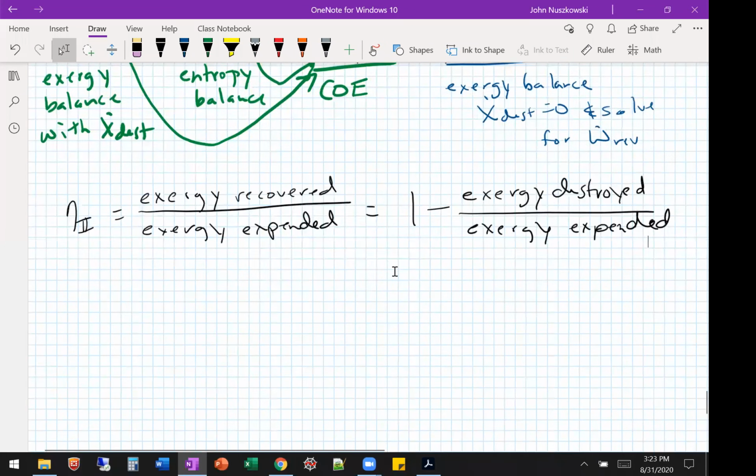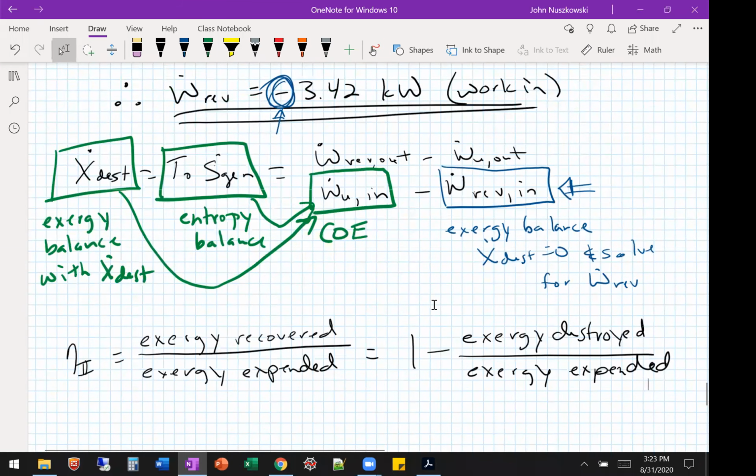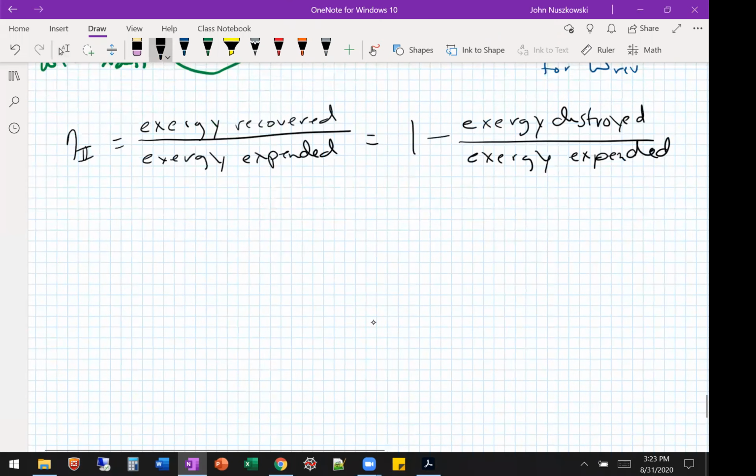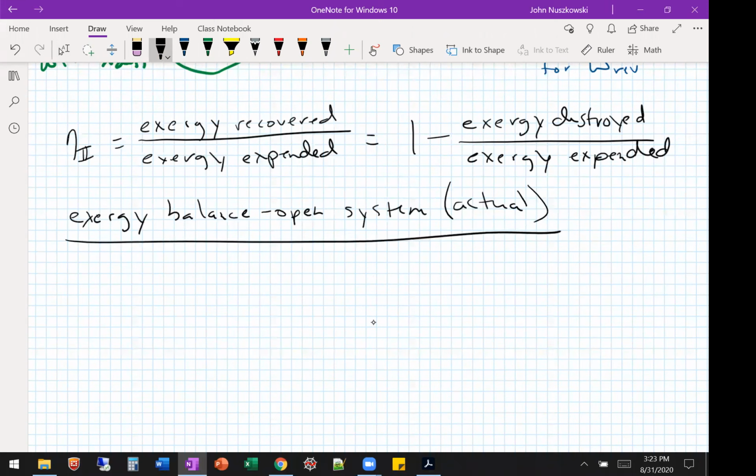Let's take a step back, because we're trying to paint the picture of what's recovered, expended, destroyed. Destroyed's the easy one, right? It's what's recovered and what's expended. So let's start with the exergy balance, open system, but in this case we're going to do the actual case. We did the reversible case to solve for this problem, because they were just looking for the minimum work. So if we look at the actual,